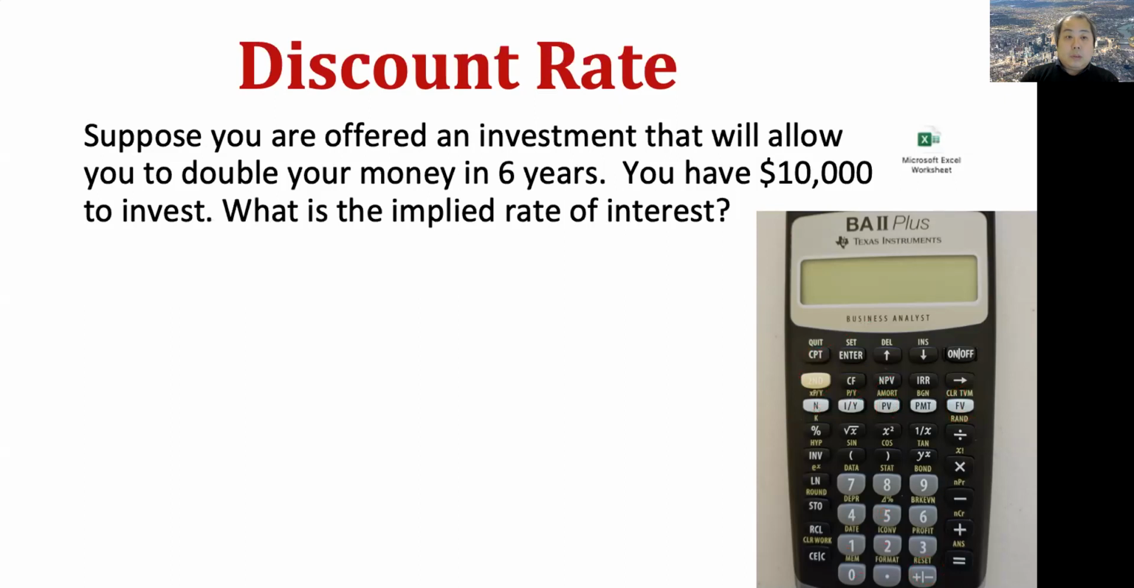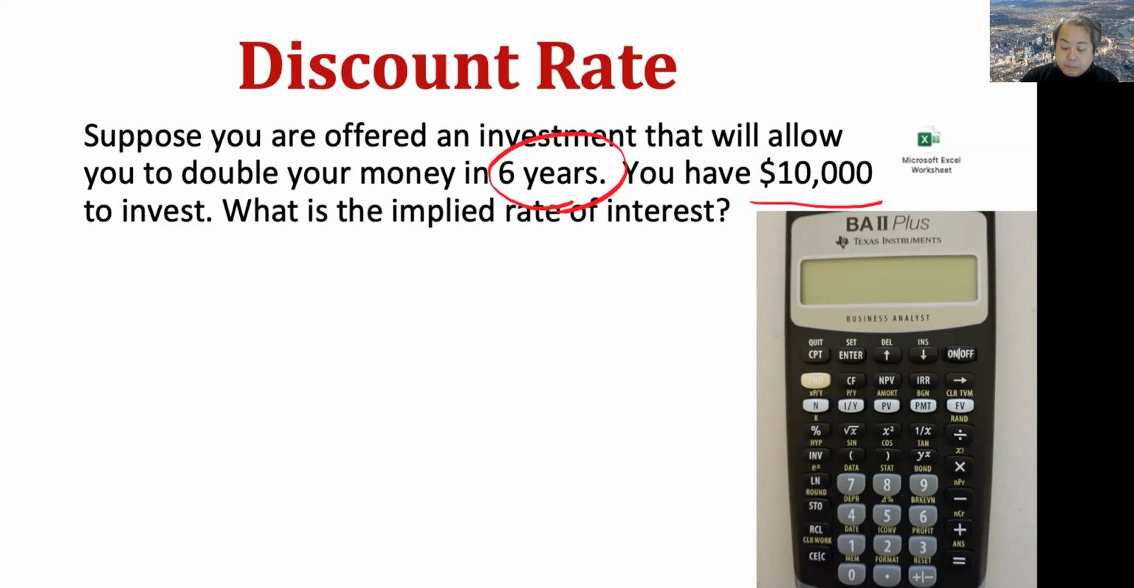Next example, suppose you are offered an investment that will allow you to double your money in 6 years. You have $10,000 to invest. What is the implied rate of interest? Now you want to get your money doubled. You have $10,000 and in 6 years. So after 6 years, you will get $20,000. And you can use